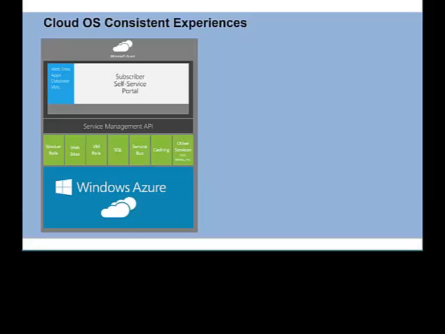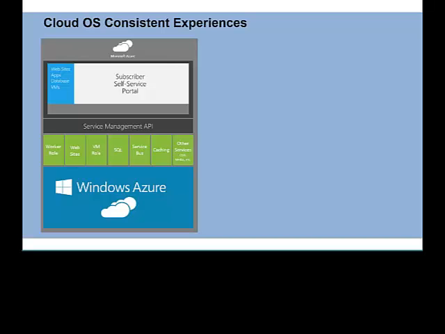So let's have a look at how we are getting the cloud OS consistent experience. If you take a step back and try to remember the different self-service solutions we have had over the past years, I would say it has been a struggle at best. So we have seen self-service portals for Virtual Machine Manager 2008. We got Self-Service Portal 2.0, and we also got App Controller. All of these different self-service portals try to solve a quite simple task: to deploy virtual machines, infrastructure as a service. Okay? In the meantime, in the Azure cloud, we got this fancy HTML5